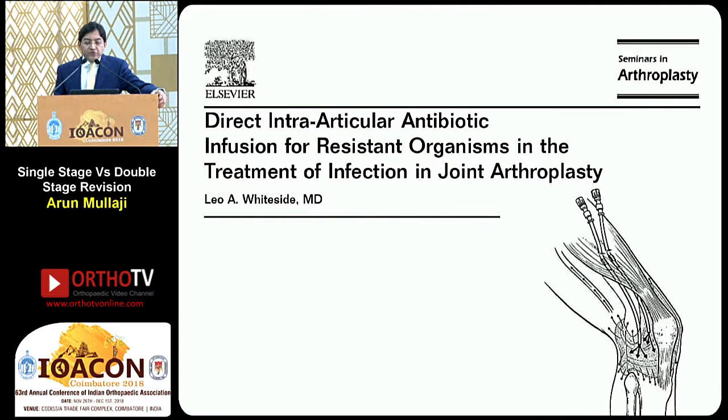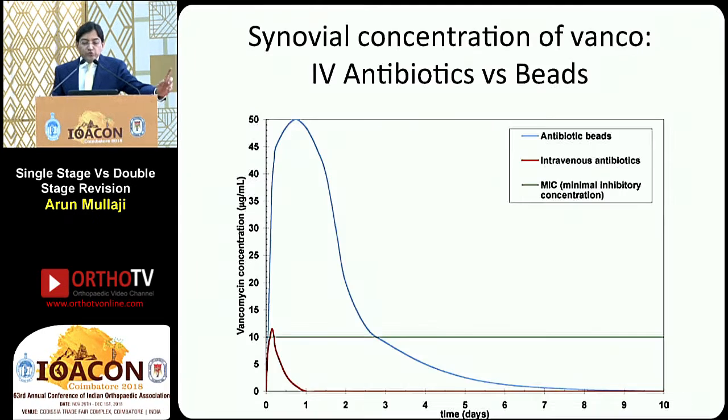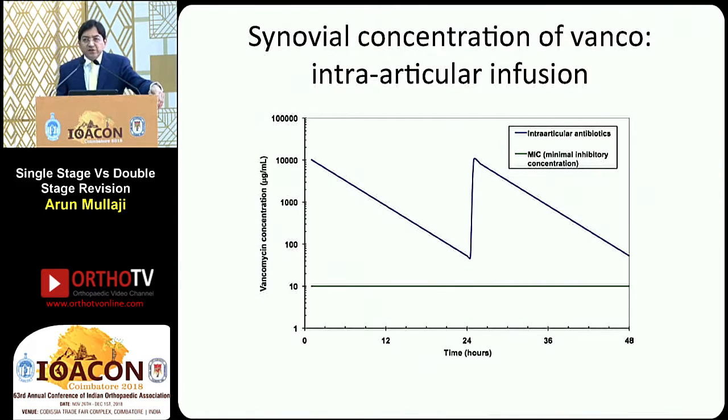A variation of this is being described by Leo Whiteside, who would also do a curve, that's antibiotic beads. So you have a big peak of antibiotics being released, and then it tails off below the MIC, which is, say, around 10 over here. And then the red one is the IV antibiotics. You just get a short spike. But with this intra-articular infusion, he has shown that you can have very high concentrations of the antibiotic, which persists